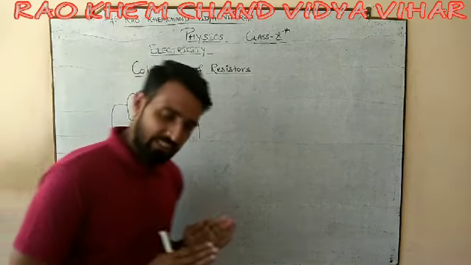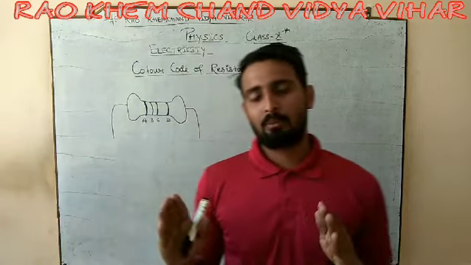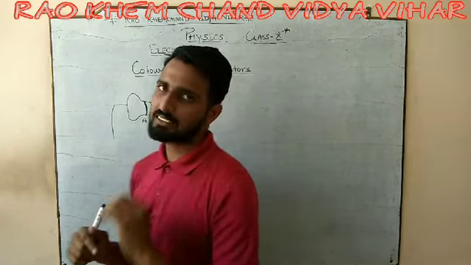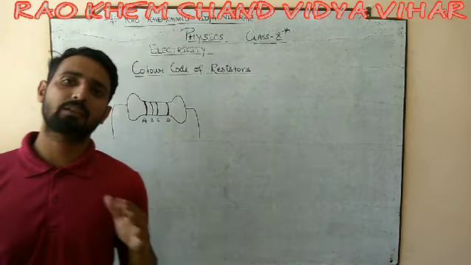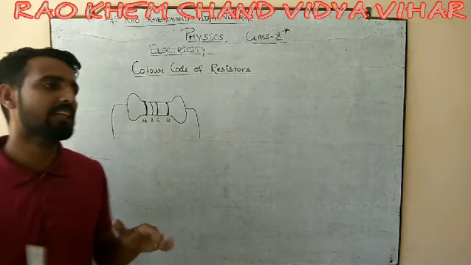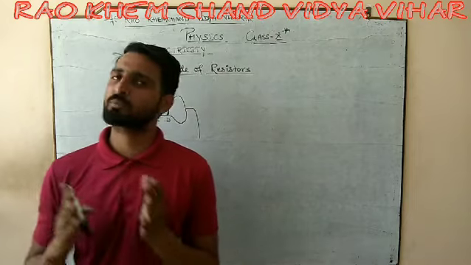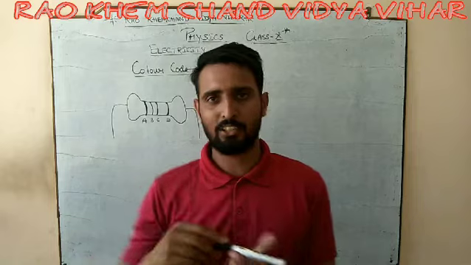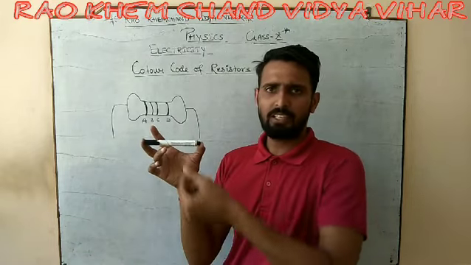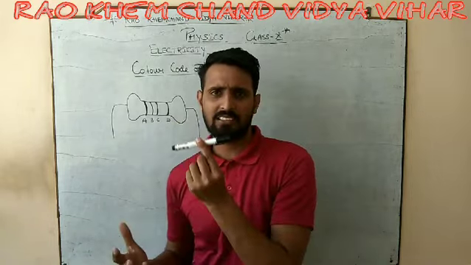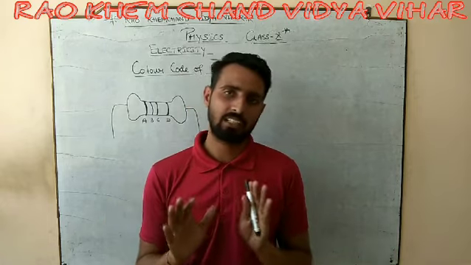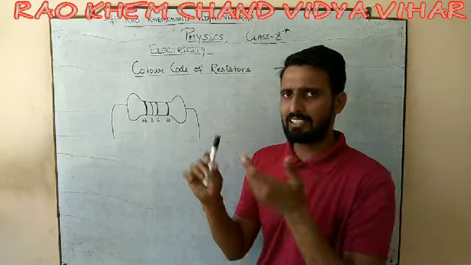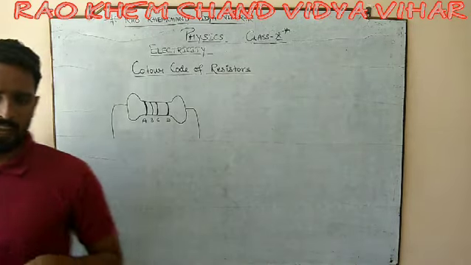In the previous lecture, when we were talking about the symbols of the resistor, I mentioned that resistors do not have any end terminals, meaning they do not have any specific positive or negative terminal. So you can connect it to the battery or circuit in any way. If you connect it this way, it is fine; if you connect it that way, it is also fine, because its work is to oppose. Connect it this way or that way, it does not matter. It does not have any end terminal.